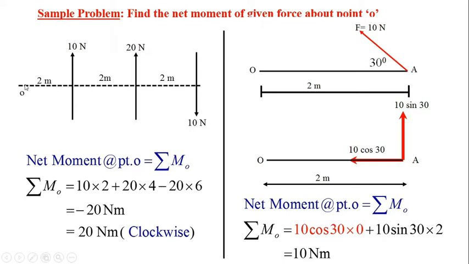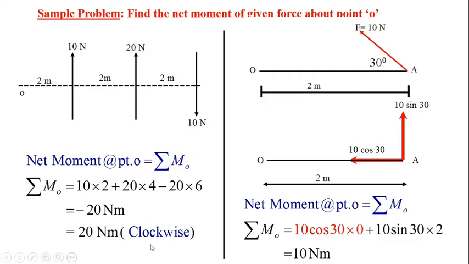So, here we will calculate net moment about point O. Net moment is also called resultant moment. Now, to calculate net moment of all the forces, we have to add all the moments algebraically. Algebraically means considering the plus or minus sign of that quantity. It may be a number of forces. If you are adding them algebraically, it means that you have to consider plus minus sign for those quantities. Okay.